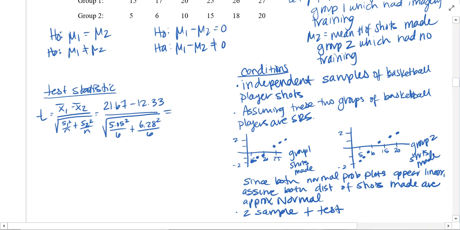Or just wait for me to tell you the answer, which is probably what most of you are going to do, but whatever. 2.839 is what you should get. Okay, so our p-value now,